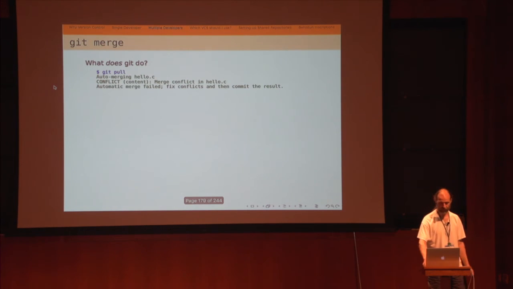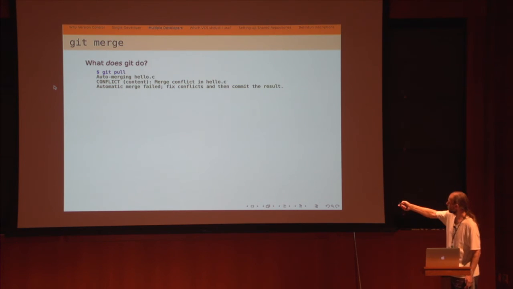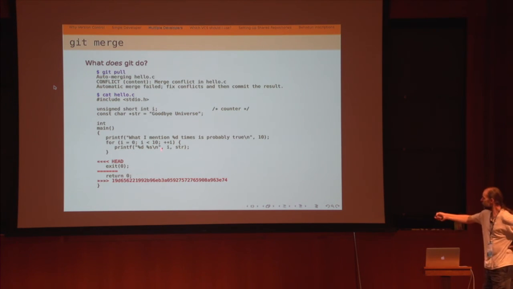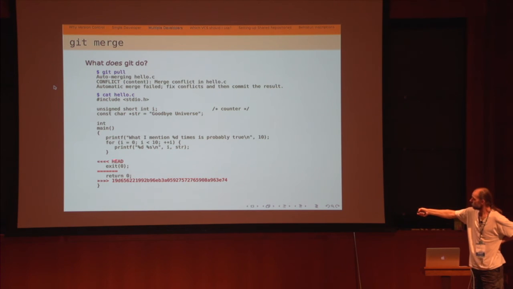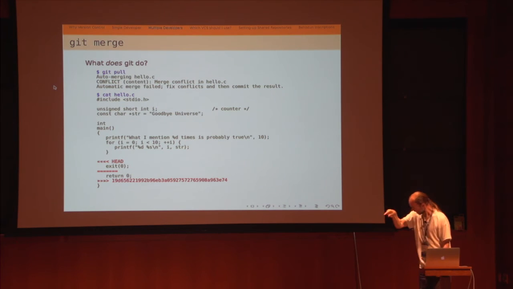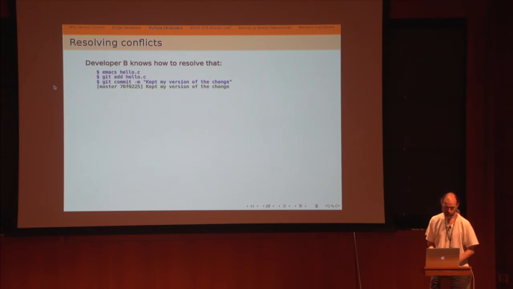Well, what does Git do, actually? It complains. You do a git pull, it says CONFLICT, in capital letters. Merge conflict, automatic merge failed, fix the conflicts and then commit the result. And in fact, if I look at the file, it says, this is all just fine, but look, the version on HEAD is exit 0. The version on this SHA was return 0. You decide what you want and fix it. So you go in and decide which version you want. The humans come to a conclusion. In this case, we run Emacs, we clean it up, we add it, we commit it, and all is well.